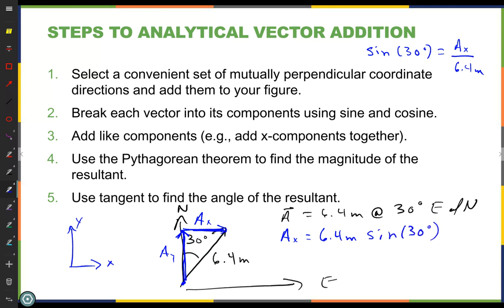Now I chose my angle because it's easy. Sine of 30 degrees is 1/2. And so that's going to be 3.2 meters. So that's how I got the x component. Y component, which trigonometric function will relate a y with the hypotenuse? Cosine. And so I would have, following the analog,